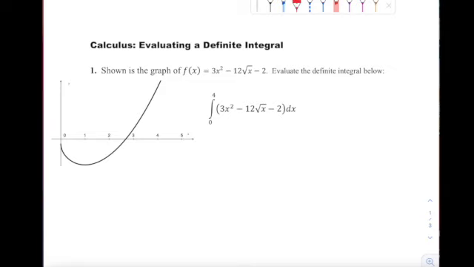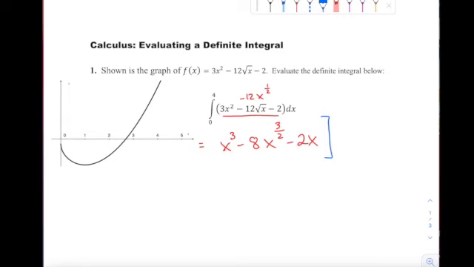First, let's integrate this expression. So the antiderivative of 3x squared becomes x to the third. We divide by 3. The coefficient is 1. This is really 12x to the 1/2. So when I add 1 to that exponent, it becomes x to the 3/2. Dividing by 3/2, aka multiplying by 2/3, will give you minus 8 as the coefficient. And then, of course, the constant would be minus 2x. And we do not need plus c